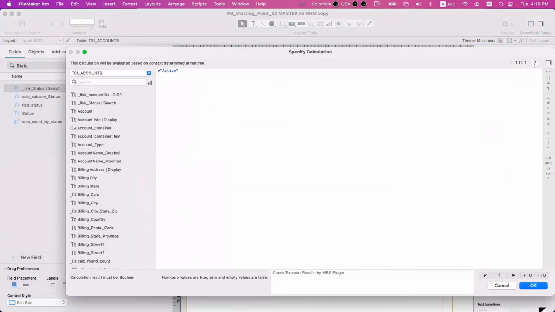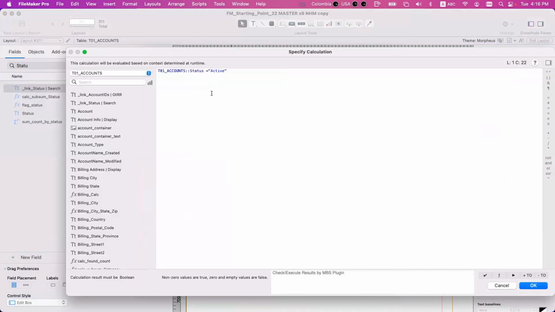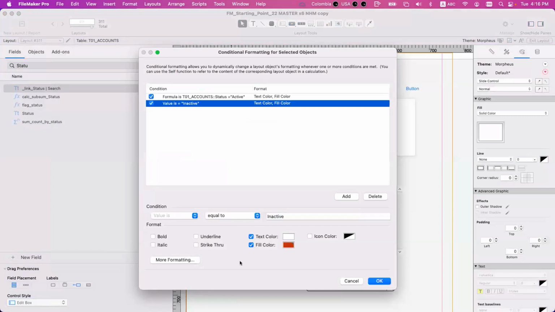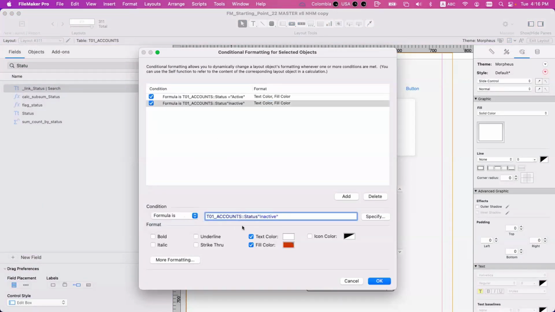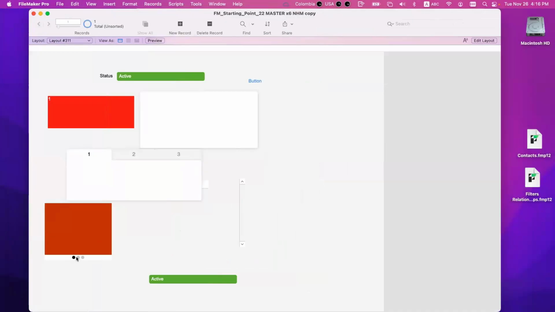What happened here? Oh, status, yeah. Status equal active or status equal inactive. So now this is,